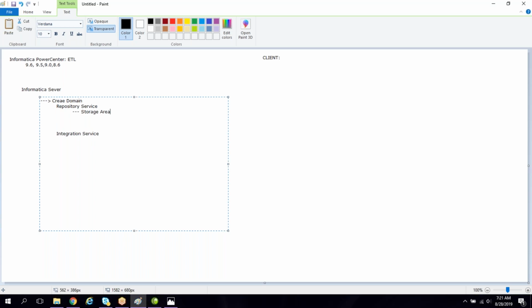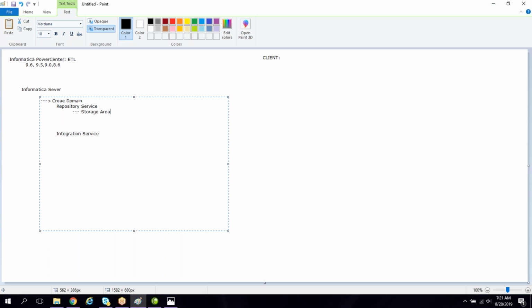After creating a repository service, generally in real time we'll have four types of repositories: a dev repository, QA repository, UAT repository, production repository. Here in your local system, we have created rep_dev repository, which is the development repository, whereas in real time, if they are following the standard process, they will have four types of repositories: dev, QA, UAT, production. Fine, next.